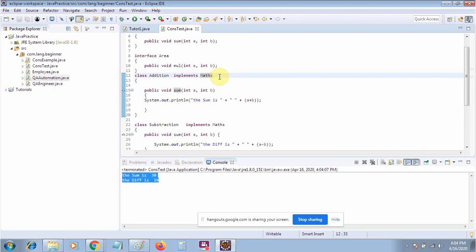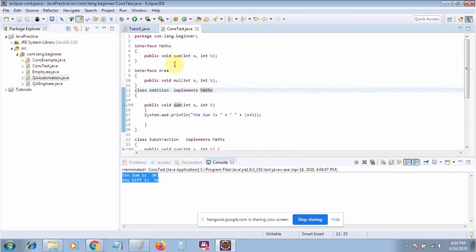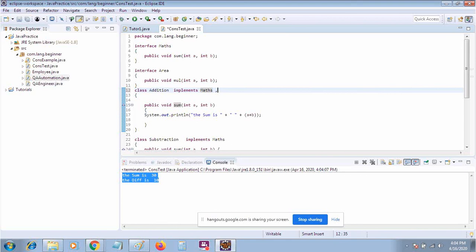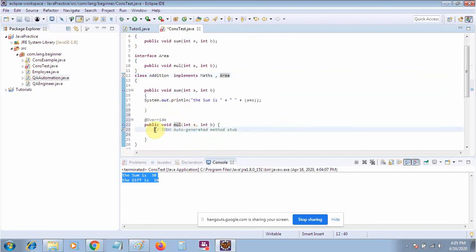So suppose you want to use both interfaces in a single class, you can achieve this. Just put a comma here and type Area. Now you can add this method.